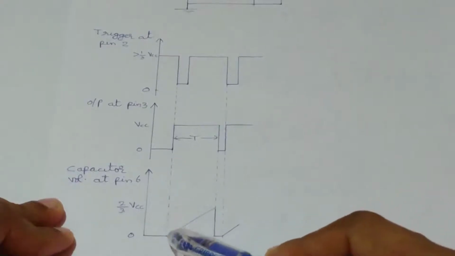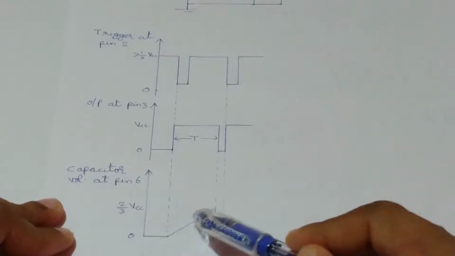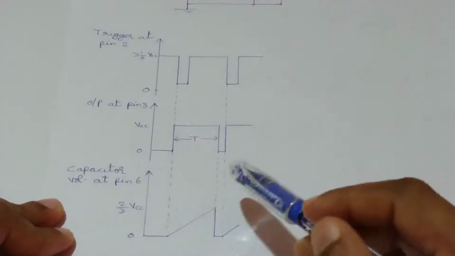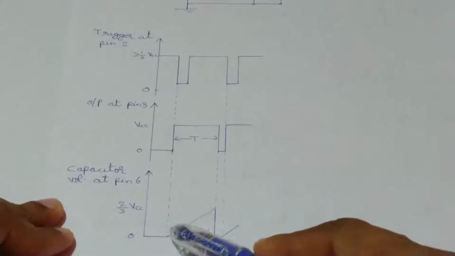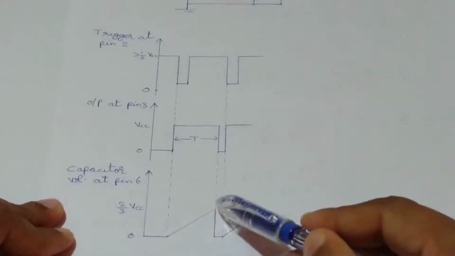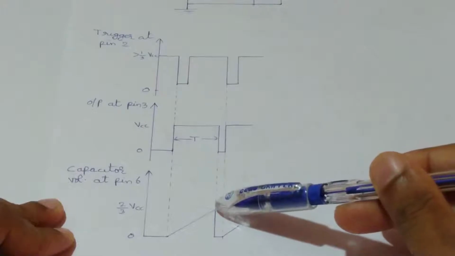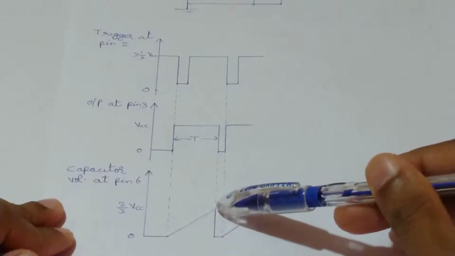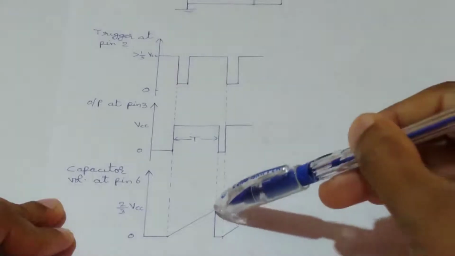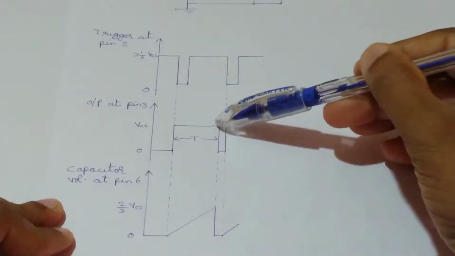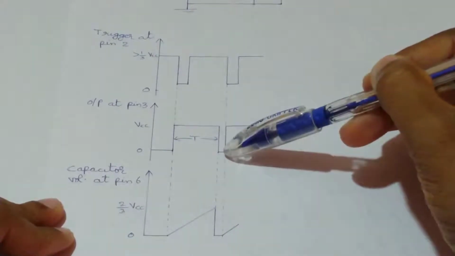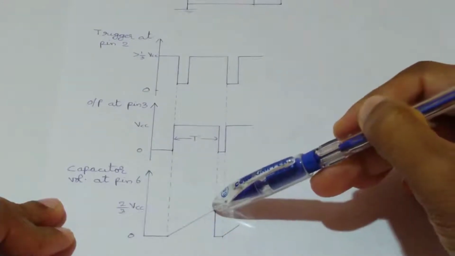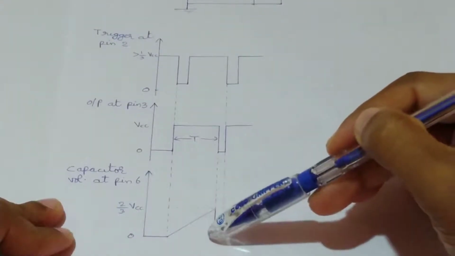And here we are charging that capacitor by using a constant current source. When we charge the capacitor by using a constant current source, that charging will be linear. So here the charging is not exponential, it is linear. When the voltage across the capacitor reaches 2/3 VCC, or is slightly greater than 2/3 VCC, the monostable multivibrator changes back to its stable state. Its output changes from high state to low state, and the capacitor discharges from the 2/3 VCC point to ground potential.